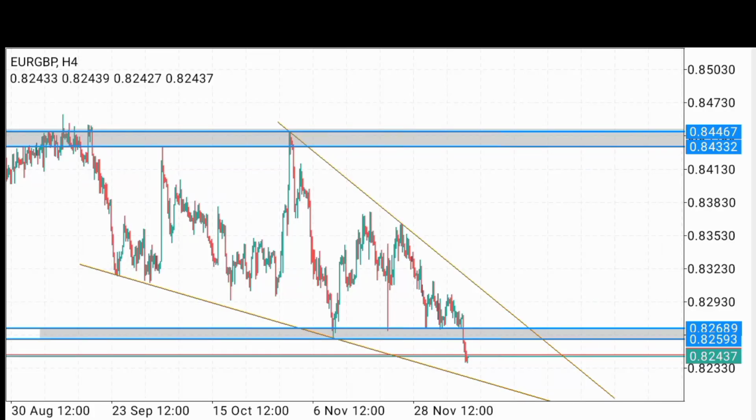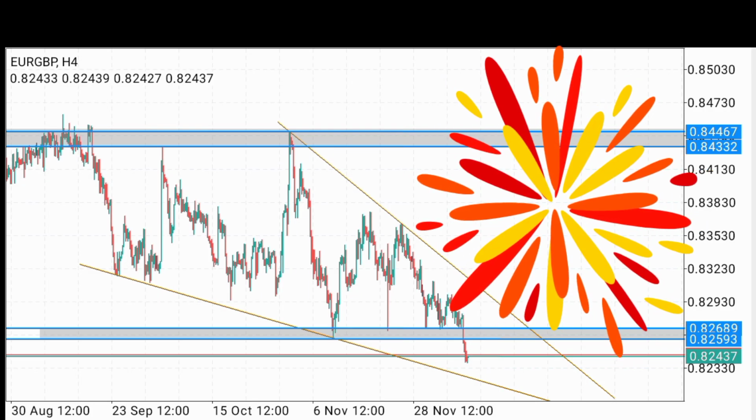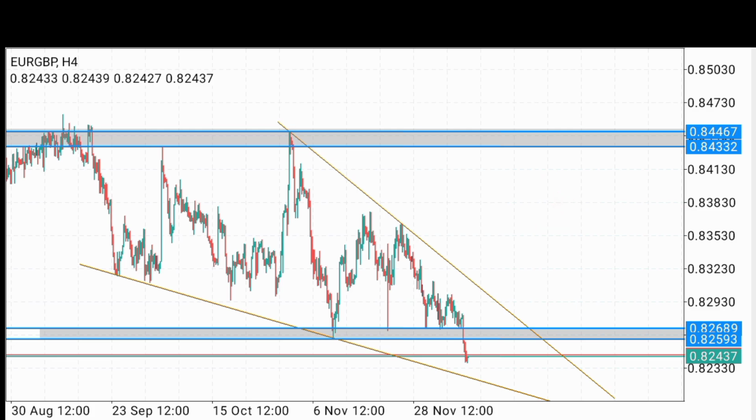This chart is going to produce a massive opportunity when completed. So pay attention as I bring out the details in this chart and how you can take advantage of it